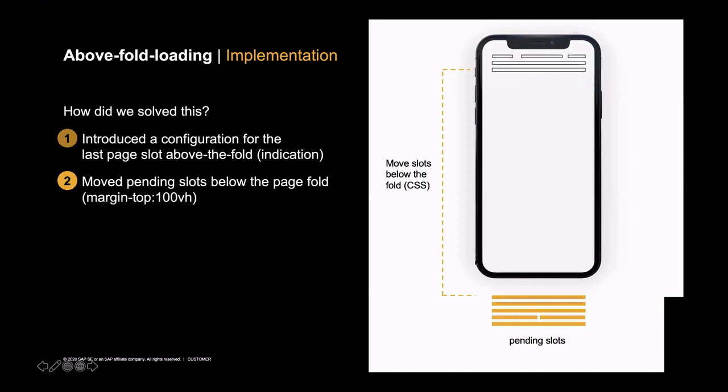And if at that point in time we were quite right with the indication of the page fold, everything goes well and we have the right thing. But if maybe the first page slot is still in the viewport, that's also fine, because then that page slot will be loaded anyway. So it's kind of transparent for the developer.